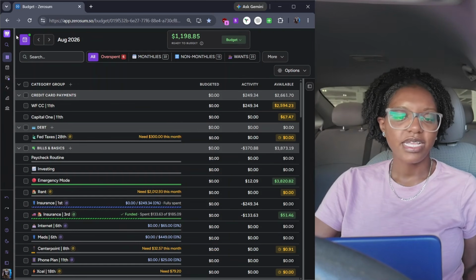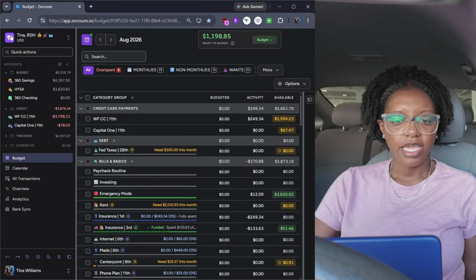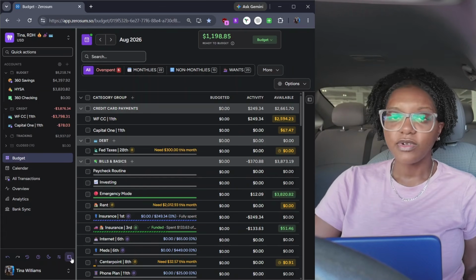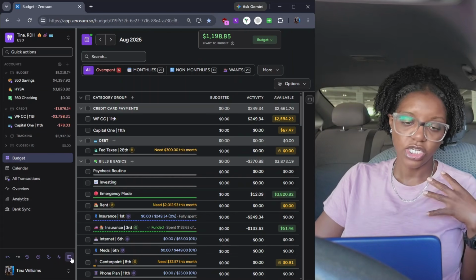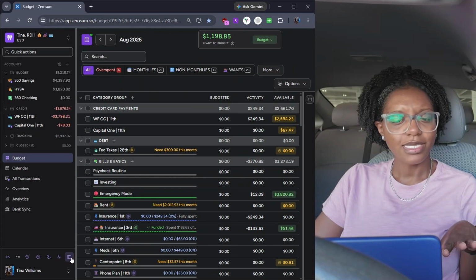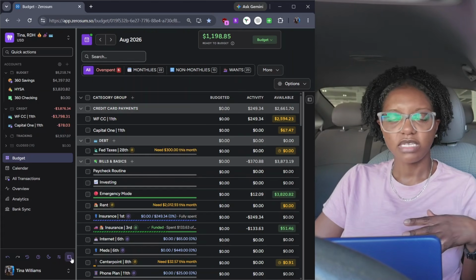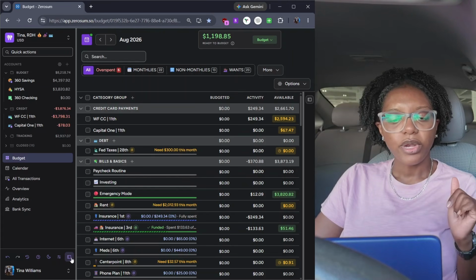And a couple things about Zerosum just to update you. I changed my little icon here and my emoji here, and also Zerosum did some updates that are super helpful. I will say the first update won't be for me, unfortunately, but if you are wondering what is Zerosum, it's basically cashless envelopes, zero-based budgeting, very similar to YNAB, as you can probably see if you use YNAB now. The way that the importing used to work, which I talked about in my video up above